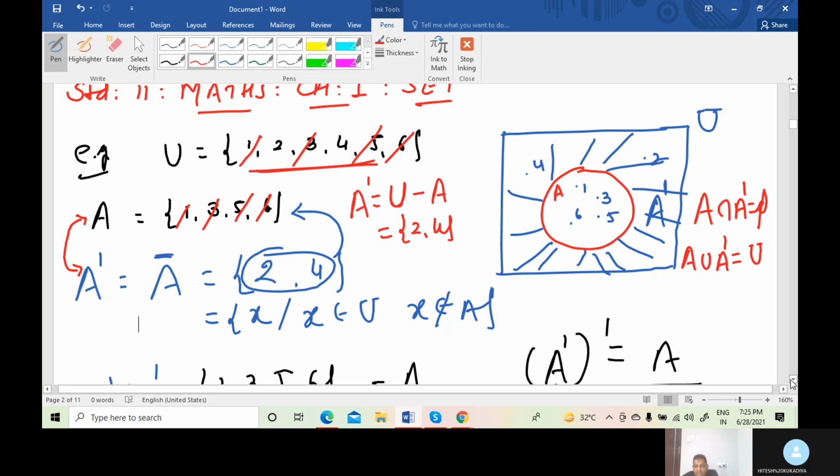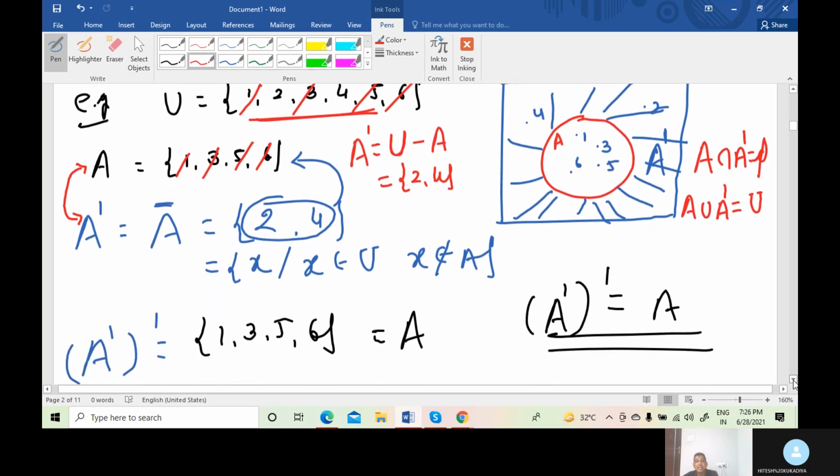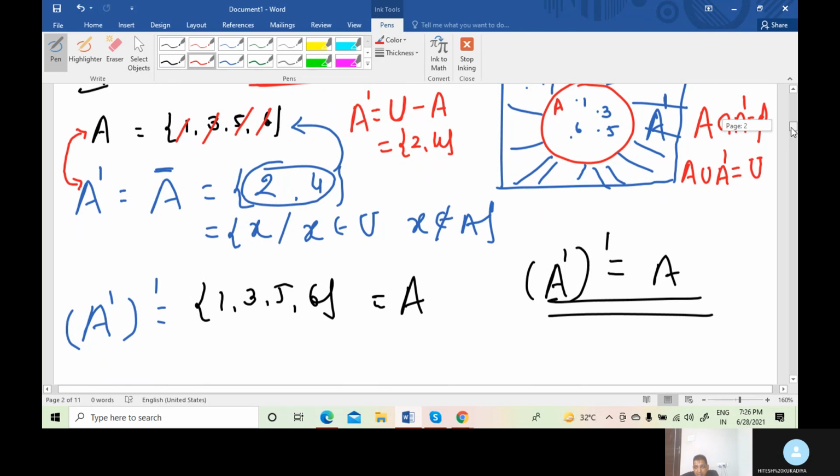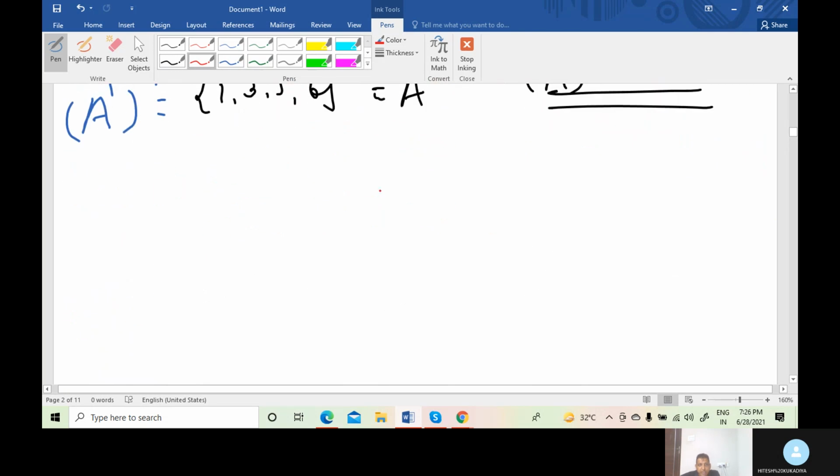And we have already explained this in the difference of sets. Again, we give an example of difference of sets. Look here, students. Suppose the universal set U equals {1, 2, 3, 4, 5, 6} and set A equals, suppose, {1, 3, 5}.